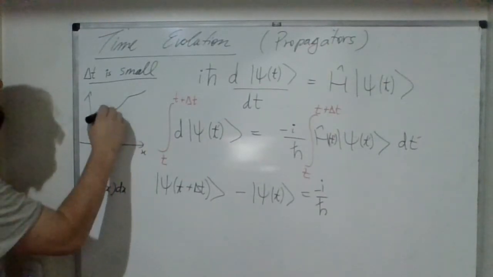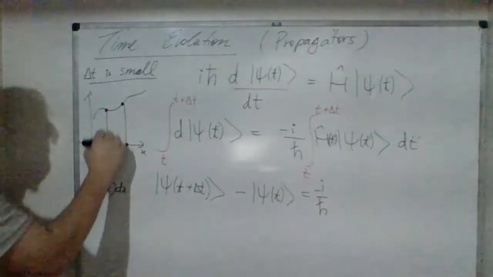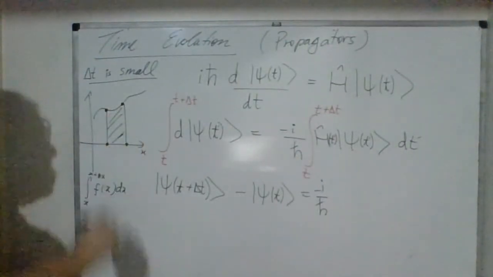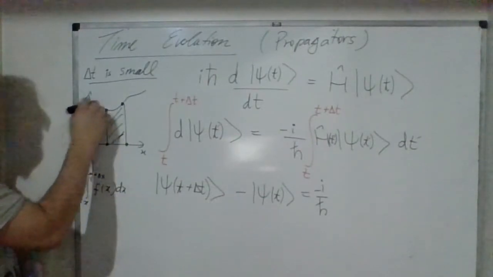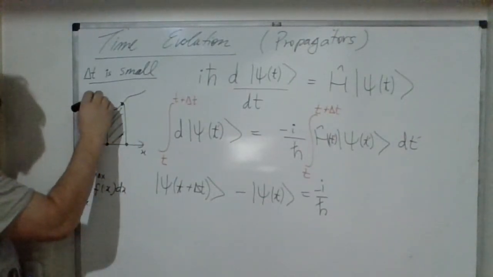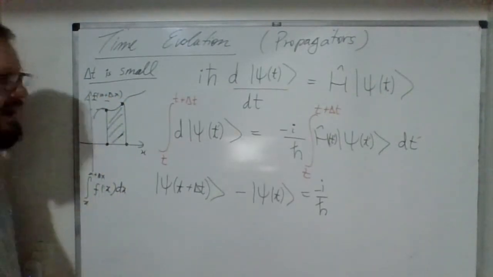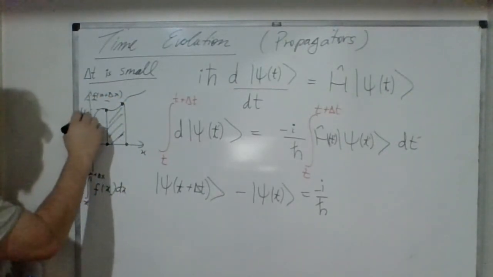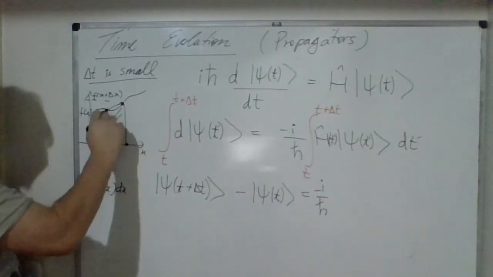I have 2 points here, the function here and the function here. Okay, I want to calculate this area. All right, what can we do? I have the function of x plus delta x here. I have the function of x here, and we use a trapezoid